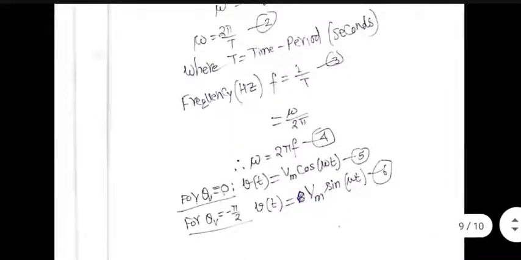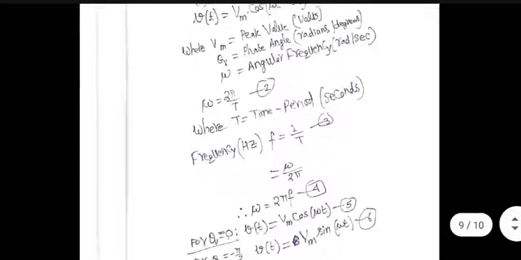Now, obviously, all this is fairly obvious to you. One thing that we will be doing in this course, as we have done in many other courses also, is that for calculating powers, instead of time domain, we will be using phasor domain. And I'll come to that a little bit later, but be aware that we will avoid time domain as much as possible because if you do calculations in time domain for complicated systems, you get differential equations which are very difficult to solve.